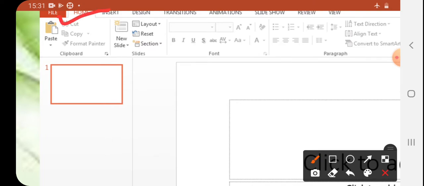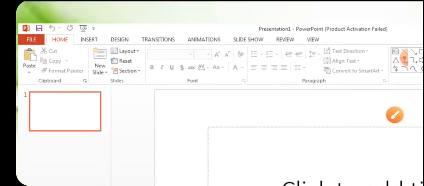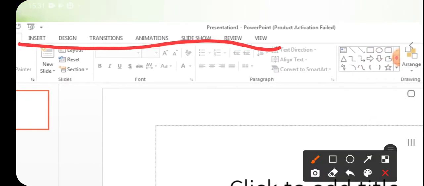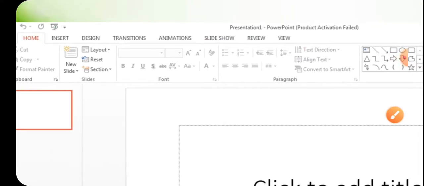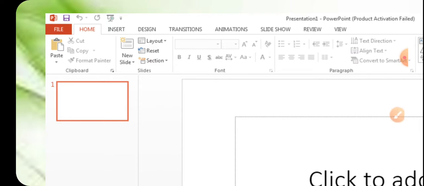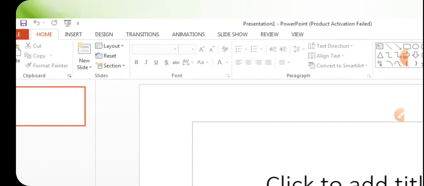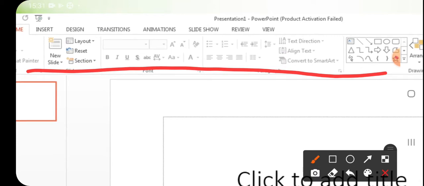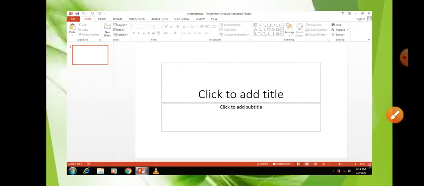This is your file. When you click here, you will get the save option. I will show you everything, but I am only showing you now. Again, all these are the menus, and they have their submenus. Like, home is clicked here. When you click home, all these things which you can see here are the submenus of home. Like this, all these are the menus, and their submenus are of different types.